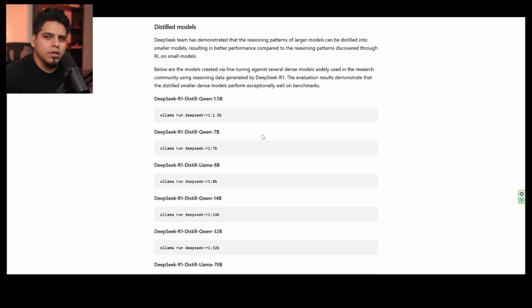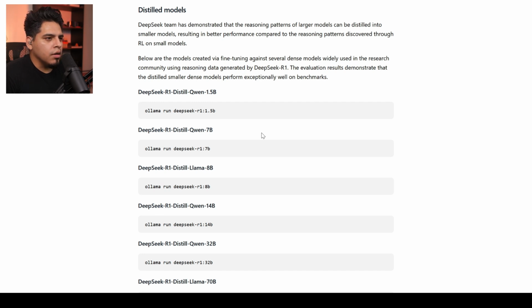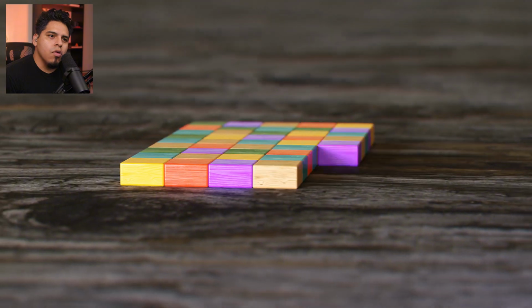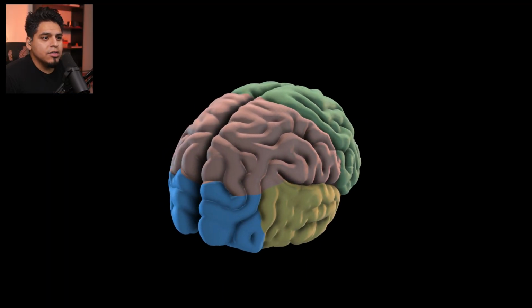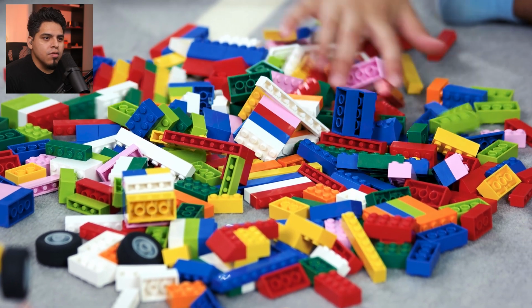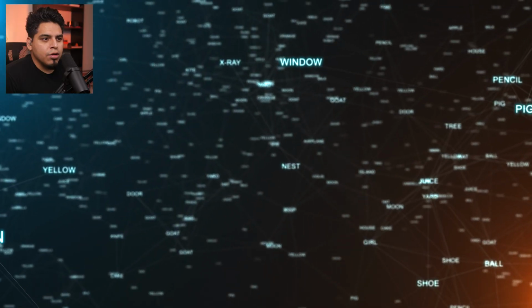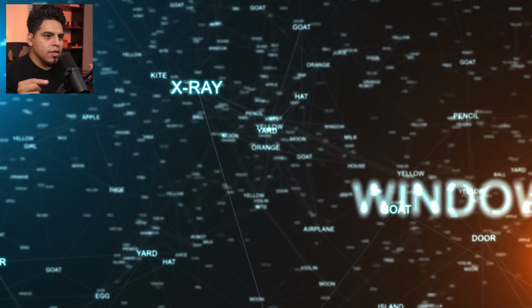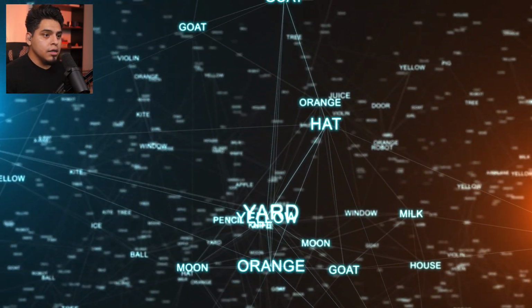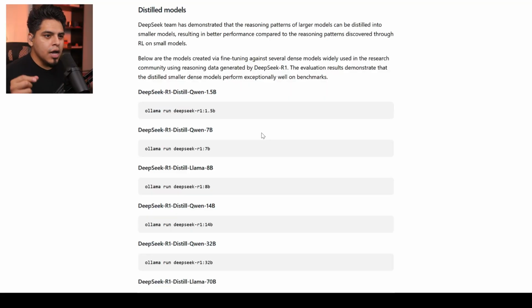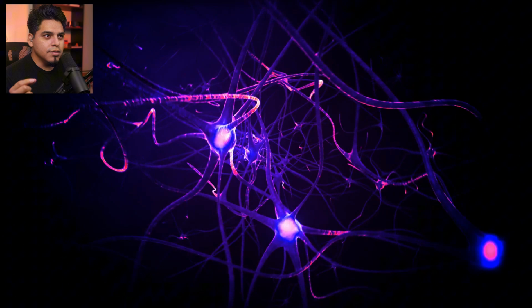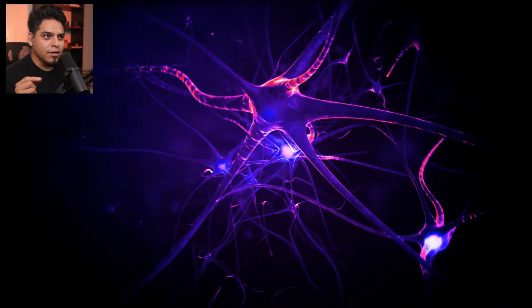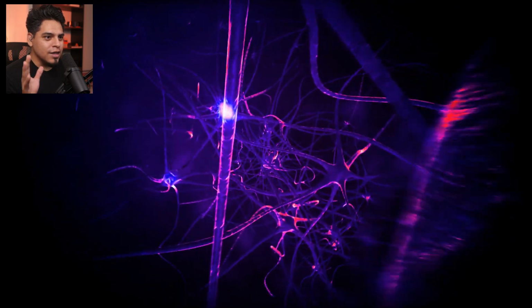Now you might be wondering, what do these 7 billion parameters or 14 billion parameters mean? So you can think of an AI model's parameters like building blocks for its brain. Imagine you're building something really smart, like a really smart robot. These parameters are like the tiny little pieces of information and connections that the AI learns and stores when it's being trained. Each parameter is like a little knob or dial, or actually they call it a neuron when you start researching large language models. It's crazy. And when I was starting to read all that, I'm like, so basically we're downloading